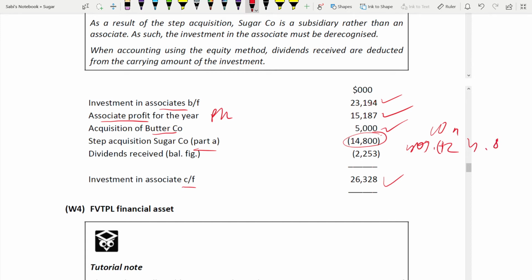12 million was the increase in net asset. You add the cost, 14.8 million. We are not taking the fair value. Okay. We are taking this 14.8 investment in associate and we are deducting it. Why deducting 14.8 million? We are disposing the associate, because when control is gained, that means disposing the associate and buying a subsidiary. Okay, that's why deducting